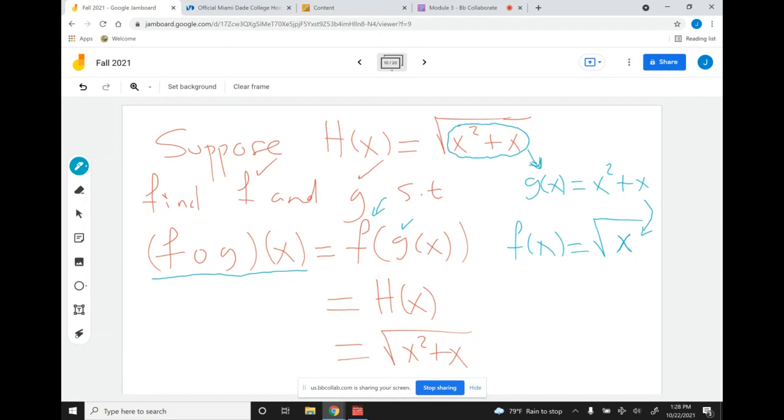Now, if you were to check your answer and you follow this particular order, you will end up with this exact answer, which is what you wanted. They tell you what the answer is going to look like at the end, and they ask you to find f and g separately, such that when you do the composition in this particular order, you end up with what you were given at the very beginning. This sounds crazy. It sounds like, but they're already telling me the answers. Yeah, they're pretty much telling you, you have the answer in front of your eyes. The only thing you have to do is decide what is the inner function, what is the outer function, and